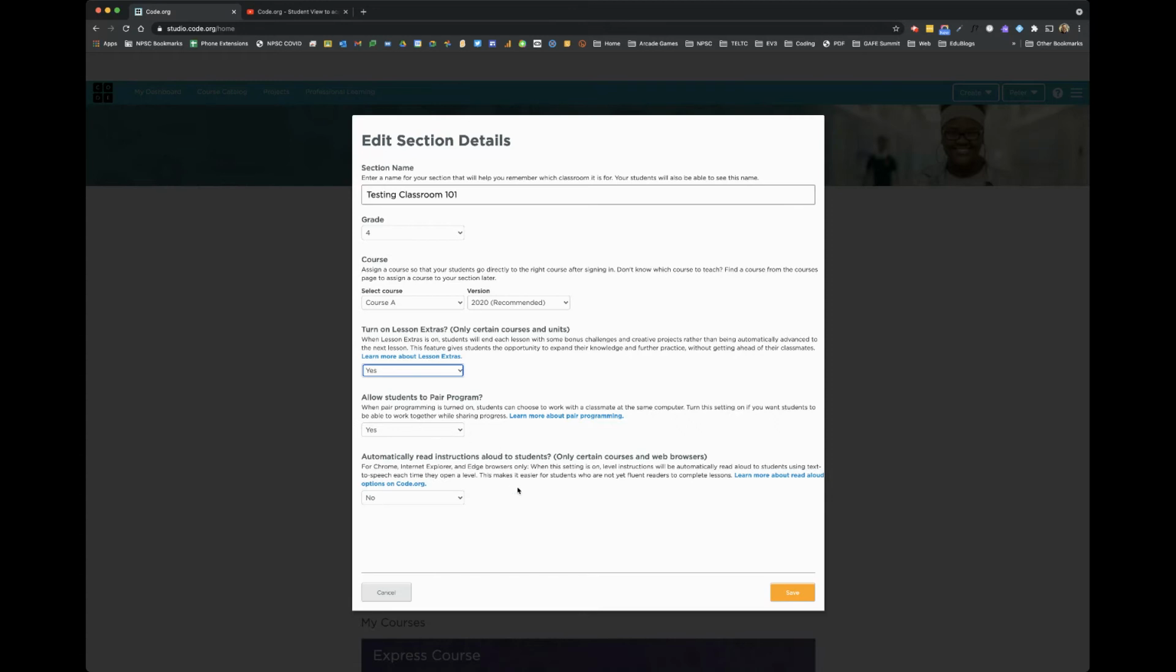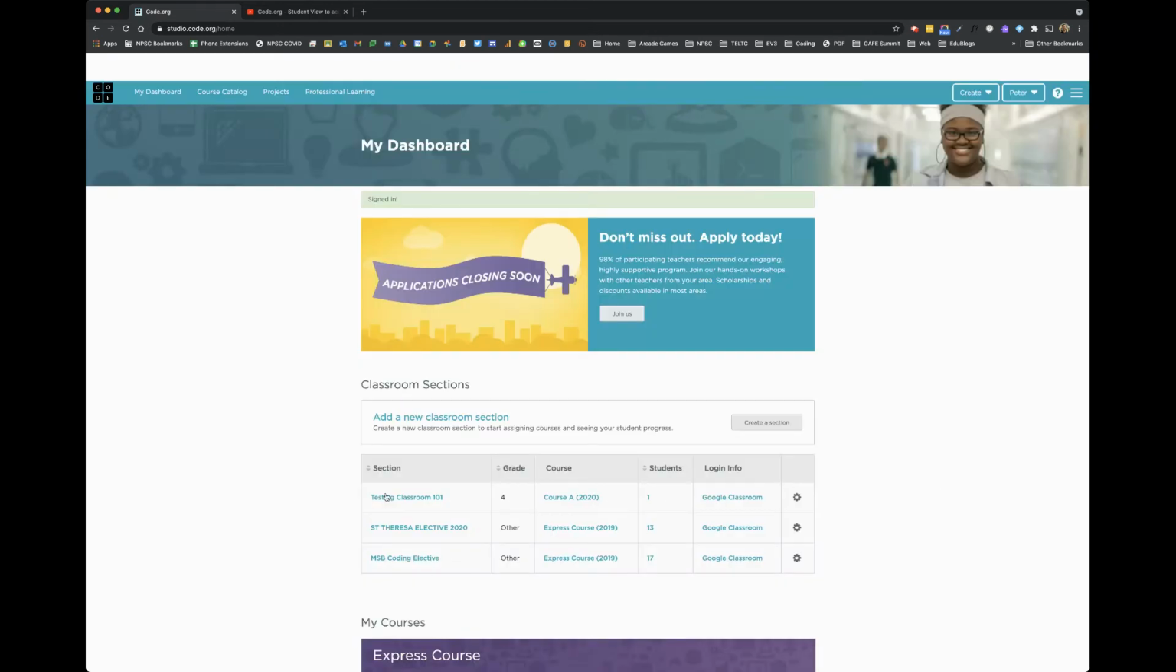And then if you wanted to automatically read the instructions to the students, you can choose this. It will actually read any text that is on the screen. I'm just going to choose no for now, just to save. And now this course is appearing under my dashboard. So now if I go ahead and click on the classroom I just set up,